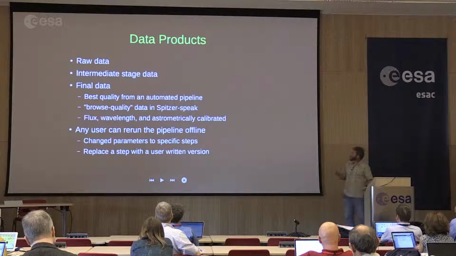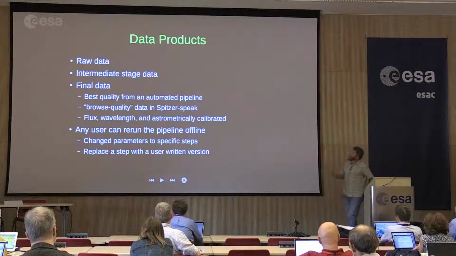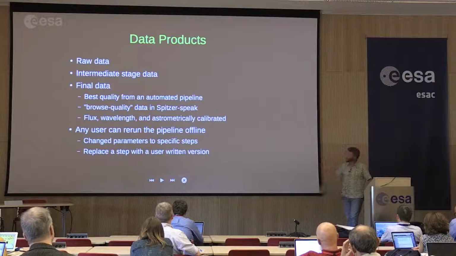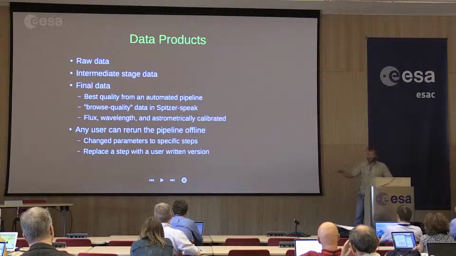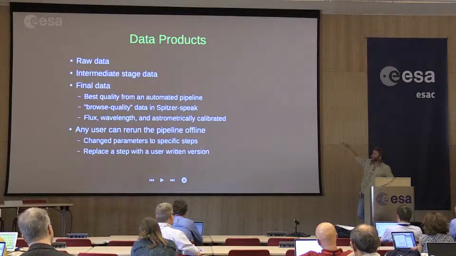Okay, so what about data products? So that's kind of an idea of how it is. What are the data products? What are you going to get out of the pipeline? Of course, you can always have the raw data. The raw data is available when it hits the ground. There's intermediate stage data in various parts of the pipeline. You can also run the pipeline offline and get lots of intermediate data at each step if you really want. But in the end, the final data we're trying to get is the best quality we can get